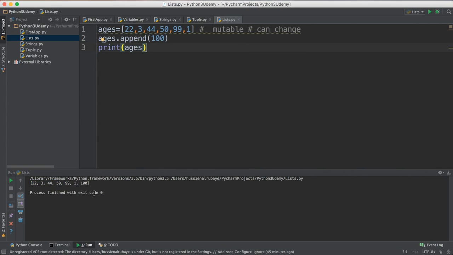If I just run it, you see 100. So if you see here is 100. To make it more clear, just before, print them, then do append, then do print again,